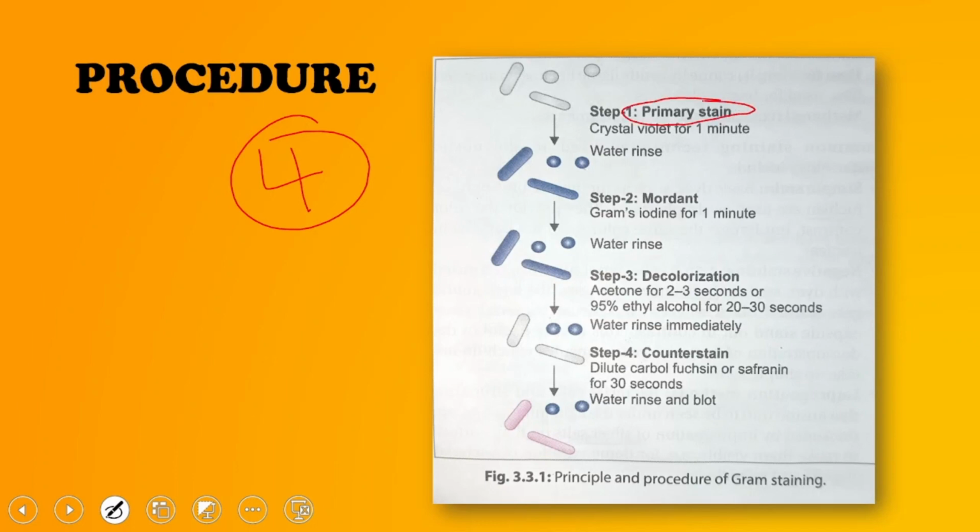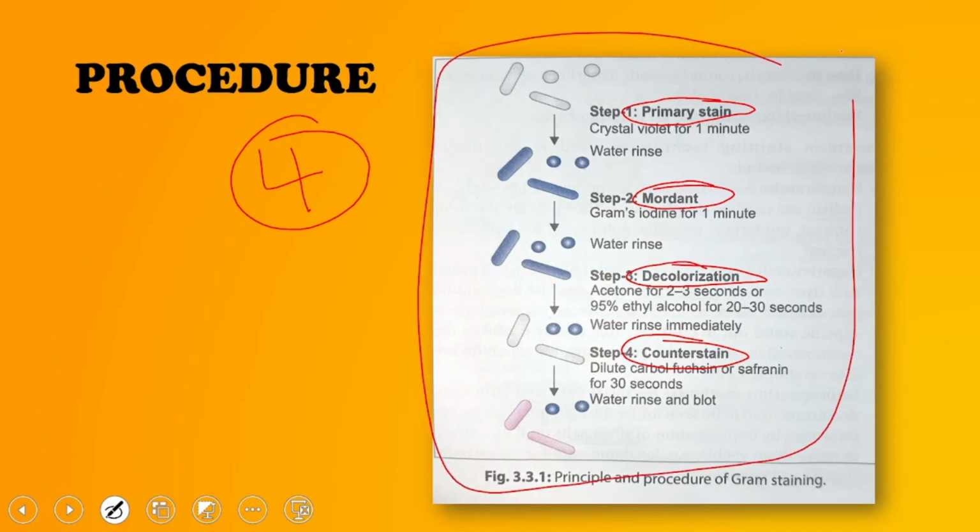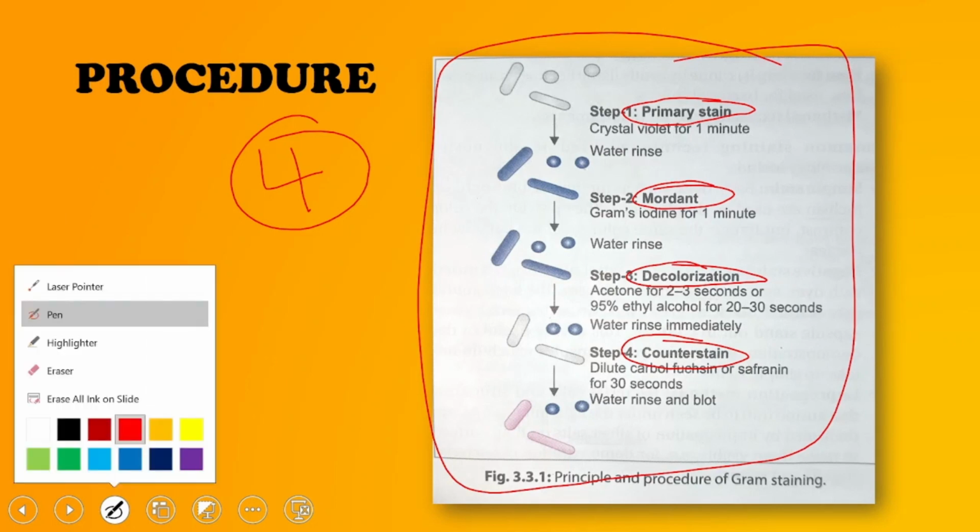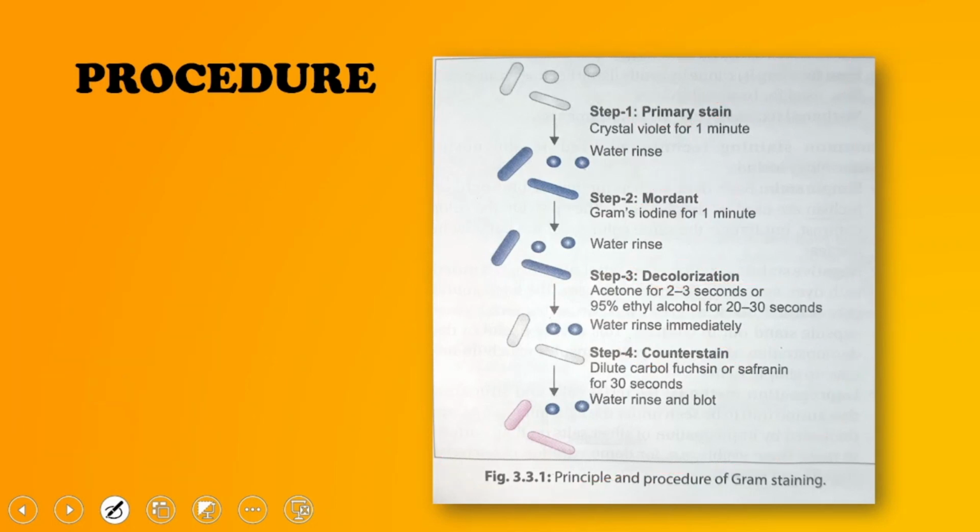First of all, there is the primary stain. Second, we're going to apply the mordant. Third, we're going to do the decolorization, and lastly, we'll be applying the counter stain. So the 4 steps are clear. What happens in primary staining? First I will explain this entire diagram and then explain the details. I will explain in detail what is there and what is not in here.